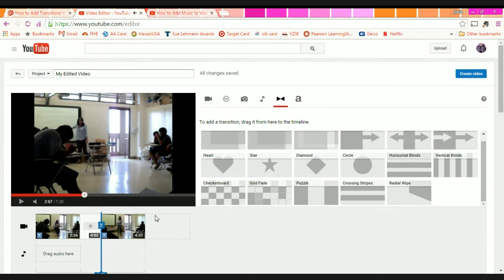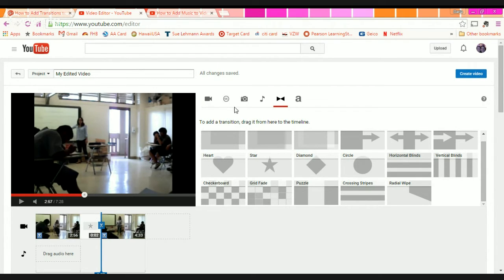Perfect. Okay, and what it does is it both creates that little star pattern inside of your video, but it also overlaps the audio. So it sounds a little bit more seamless when the audio from the first clip is moving into the second one. Okay, great. So now I had my 7.5-minute video, which I cut down into 2 different clips and put a